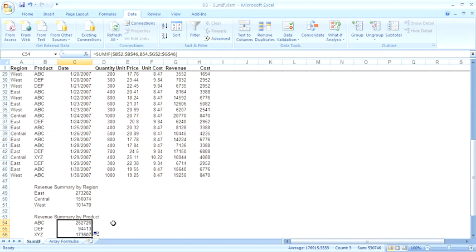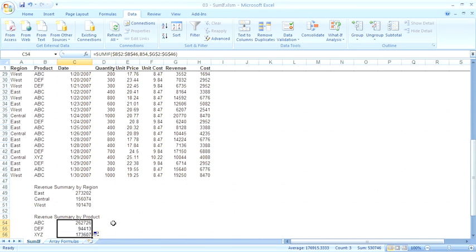One of the very popular questions at the MrExcel.com message board is how to do this very topic. And we explain to people how to use the SUMIF function. There's also a COUNTIF function that allows you to count records that match criteria, and people are generally thrilled with the result. But invariably, they come back a couple of days later and say, hey, this is really great, but